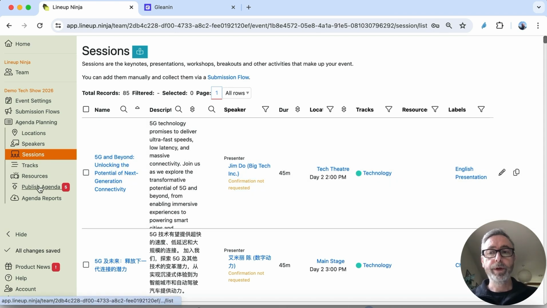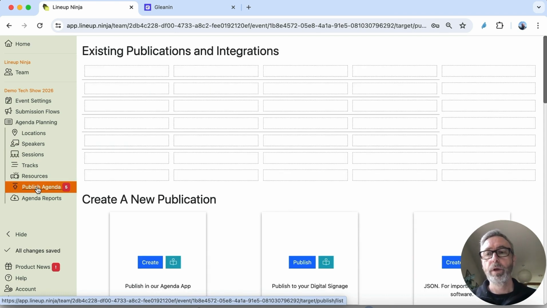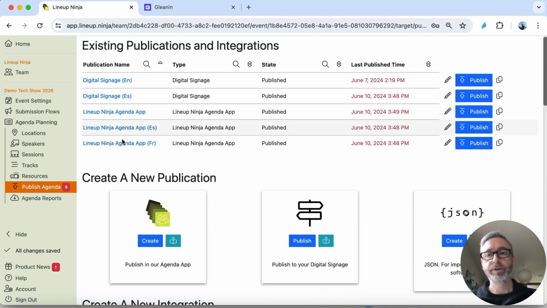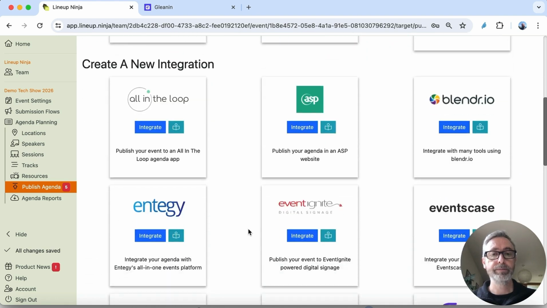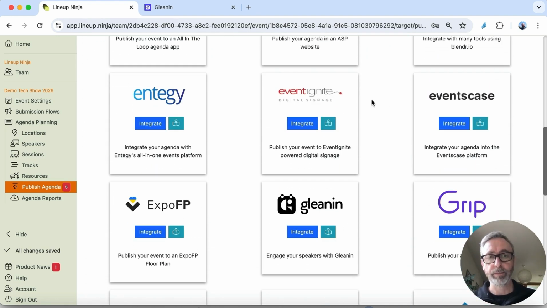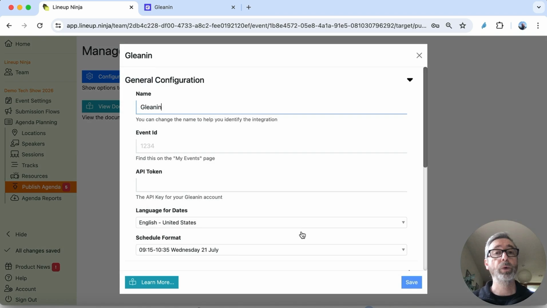So we're going to go into publish agenda, because that's where all the publications and integrations are configured. So when we come in here, we can see I've got some existing publications, but I actually want to create a new integration with Gleanin. So I'll scroll down here to look for the Gleanin one. These are in alphabetical order. Gleanin's down here. To set up the integration, just click on the blue button,